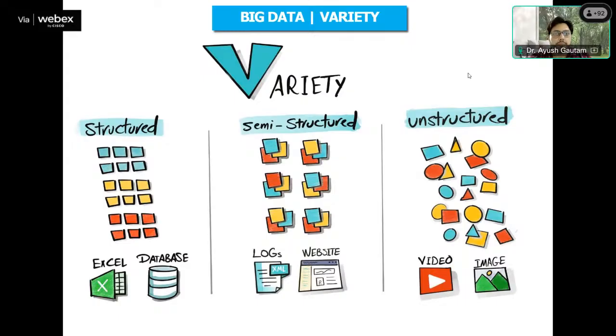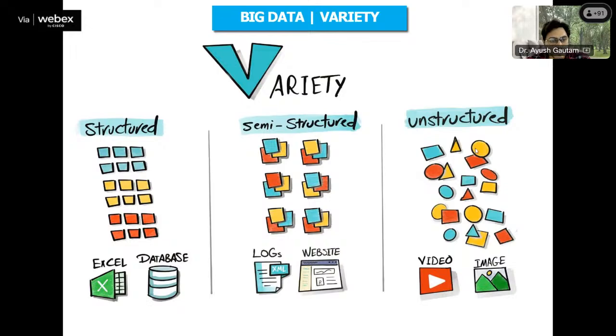So yes, first of all we were talking about big data. The data which is being made available is big data. Big data means three V's: variety, volume, and velocity. Now, what does variety mean? Just make one thing clear in your mind: big data doesn't only mean a huge amount of data. That is only 33% of the definition of big data. That data is huge, but besides it, there are two more things.